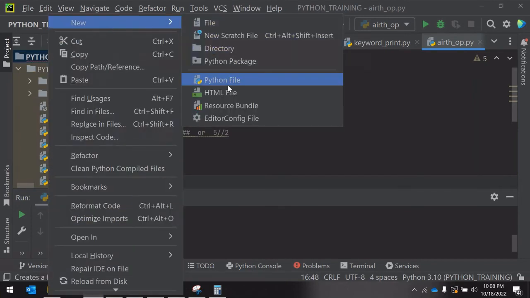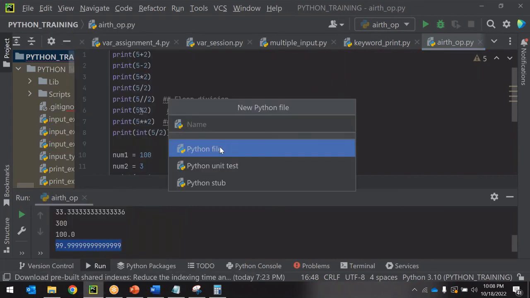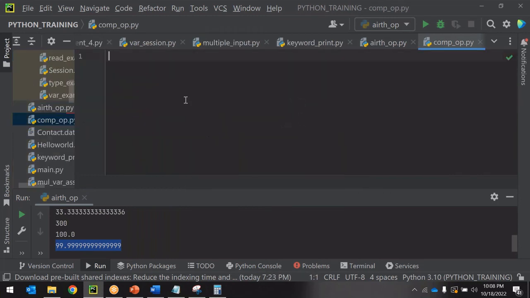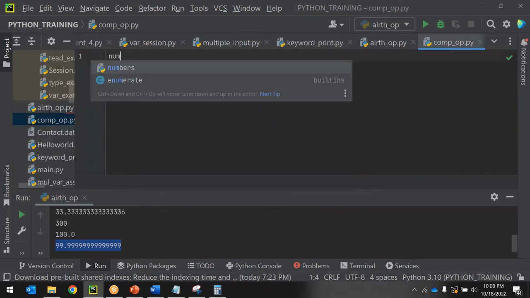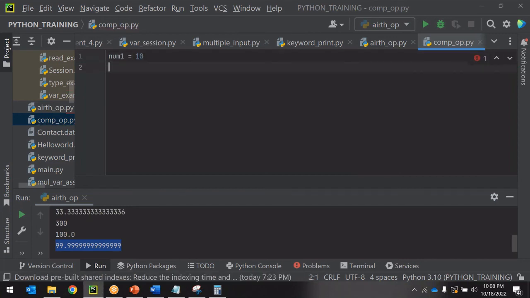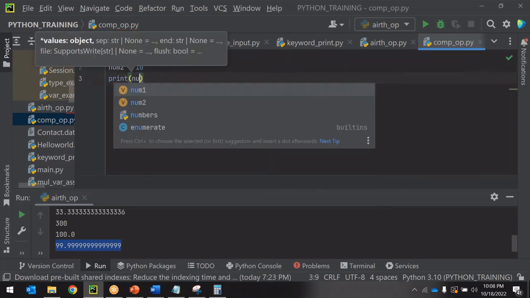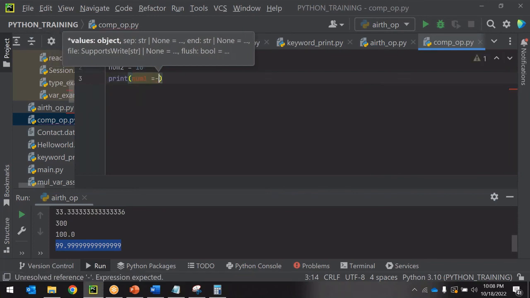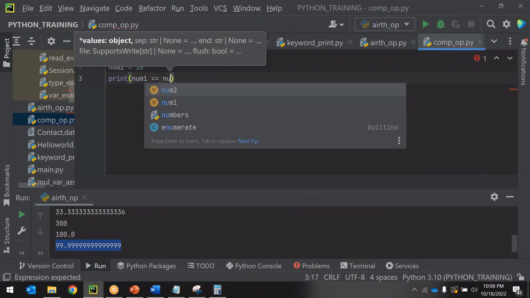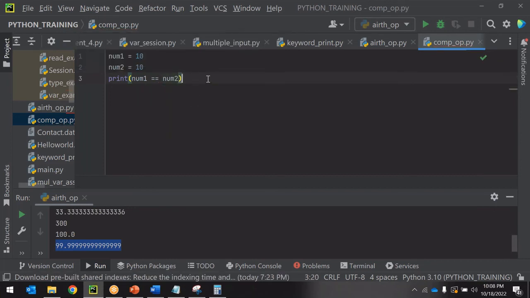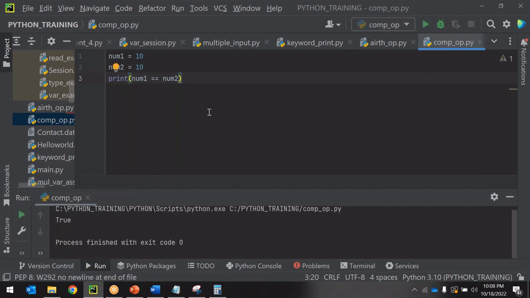Now, let's see what the comparison operator is actually going to return in real time. In a Python file, I can specify num1 equals 10, num2 equals 10. Now print num1 double equals num2. It is going to print true, because comparison always returns